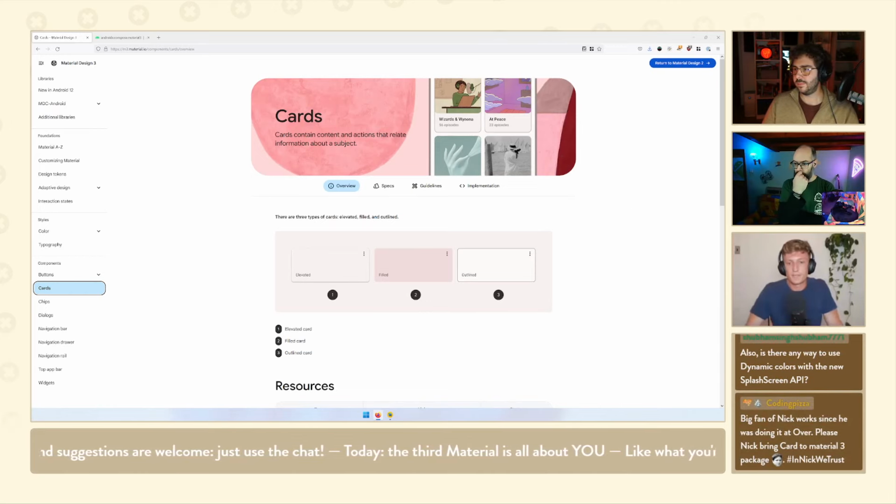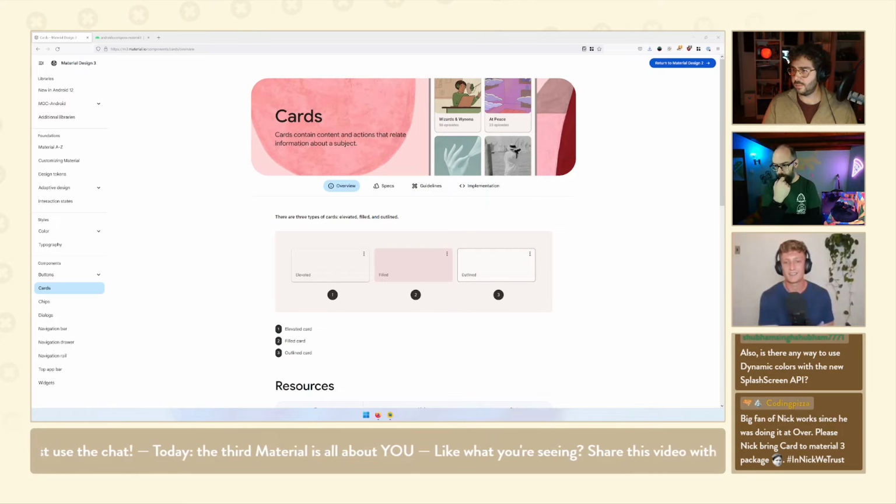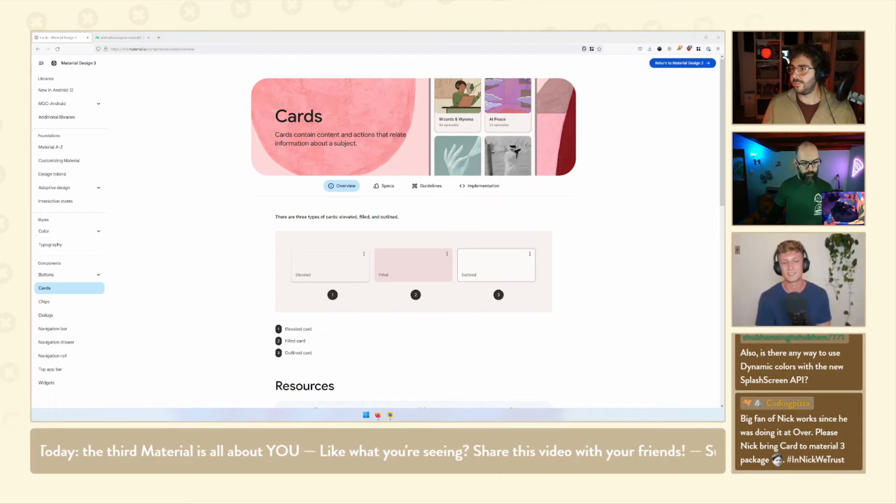It was like there was some choice that needs to be made with regards to the components that are listed in the M3 spec, like how many can we launch by ADS, and then picking high priority ones. But yeah, card is definitely on the list. Expect to see it in an alpha update very soon.